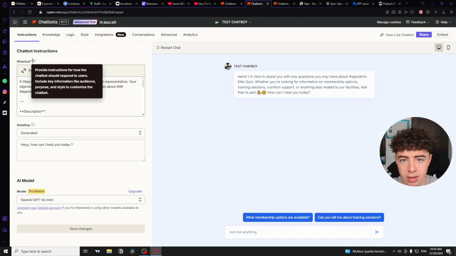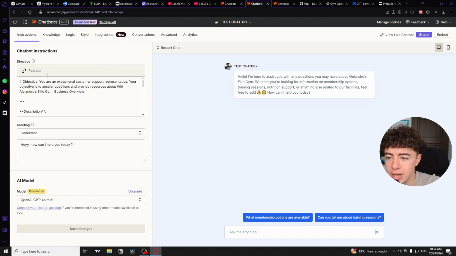It is basically providing instructions about how the AI should act when a user interacts with it, more or less. So the style it can use, the purpose of the chatbot. For example, sometimes you want to place more emojis, less emojis. Depending on the business, depending on what you want to use it for, it all depends on you and your style, right? So what I did is